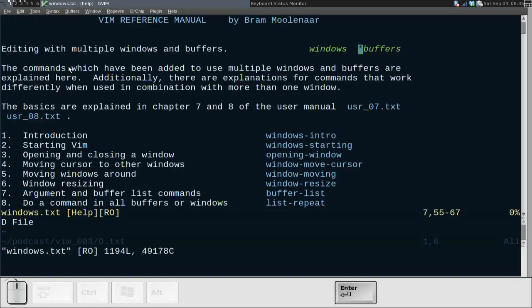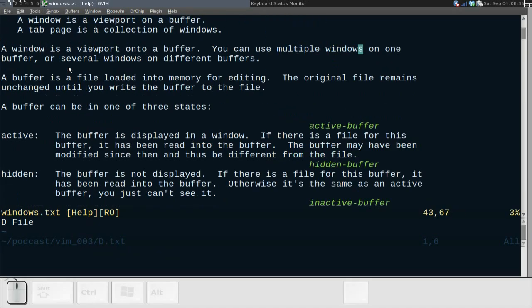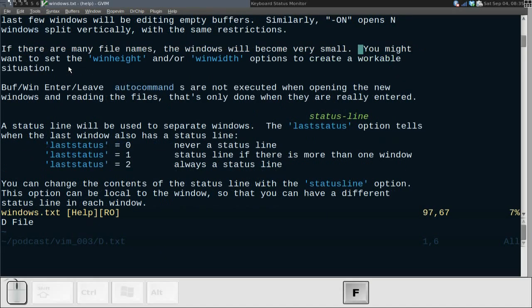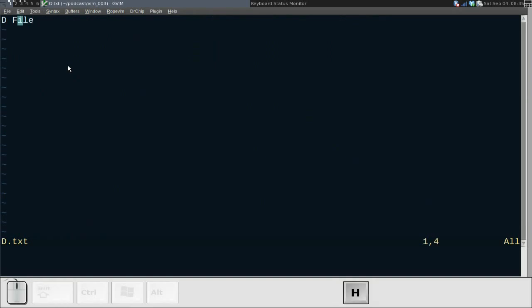While we're talking about the Vim commands, and there are a lot here for buffers, let's go ahead and open up our help window here with buffers. There's a lot here. What I find is that, in all honesty, I don't use a whole lot of it other than moving through them. My main interaction with buffers is actually through plugins that supply the feature set that I'm really looking for to allow me to quickly jump through files.